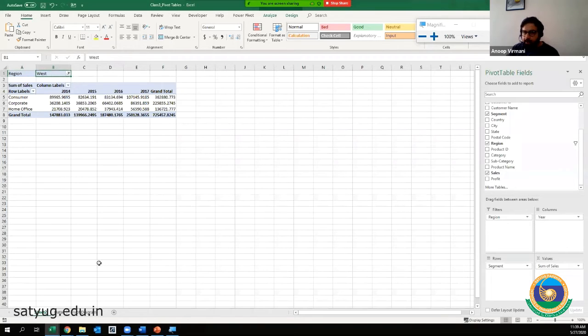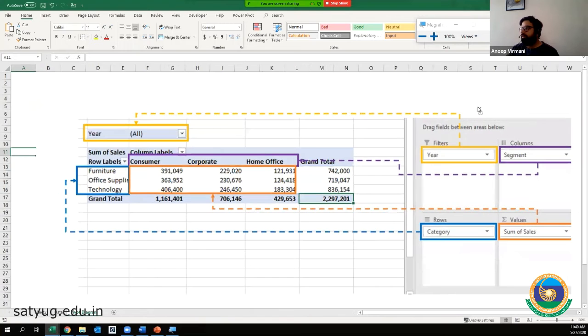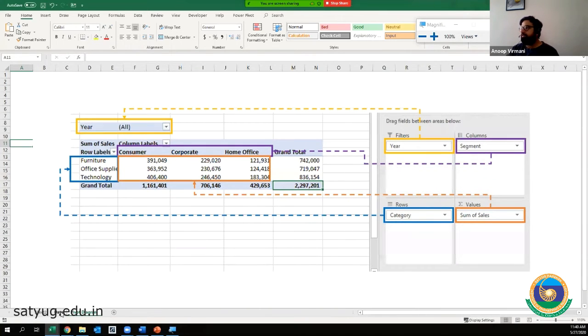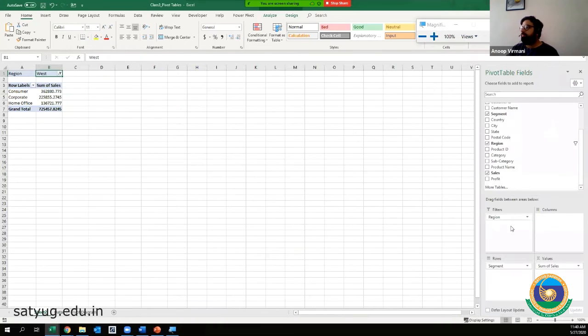Right? How this is working, let me help you with a diagram that I created. Let me just edit the pivot table basis this so that it is easier for you guys to understand. So let us do it once again, right?